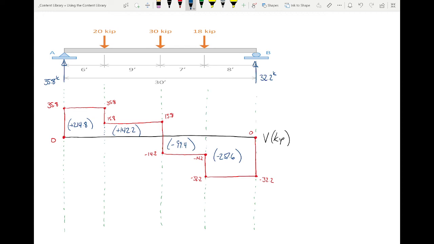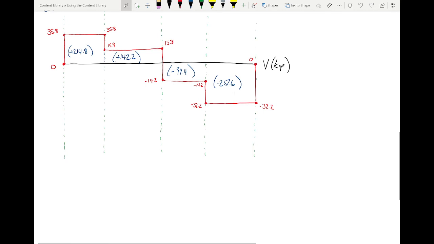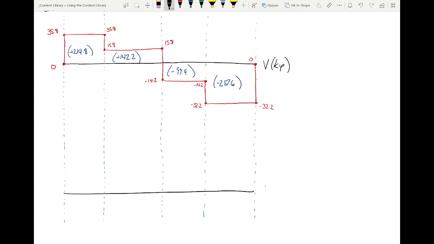What does the moment diagram look like? A series of lines. Here's what it looks like. I'm going to scroll down a little bit. Moment diagram, foot kips. All right, let's see what happens. We start at 0, end at 0. Now what we're doing is paying attention to the areas. I start at 0, I increase